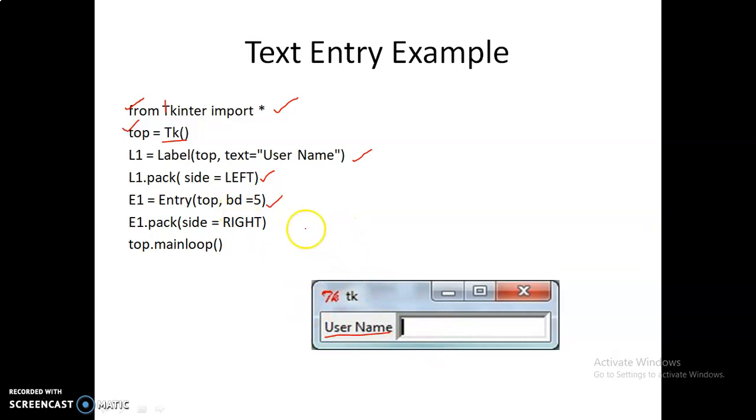E1.pack with side right, so this is added to the right and the label is added at the left. Then mainloop starts the window and shows our output, with one label, username, and one entry box where you can enter the text.